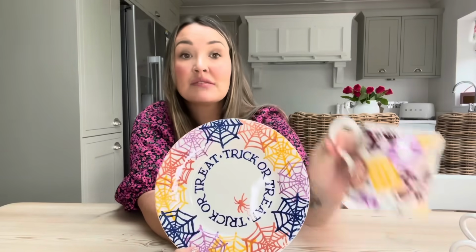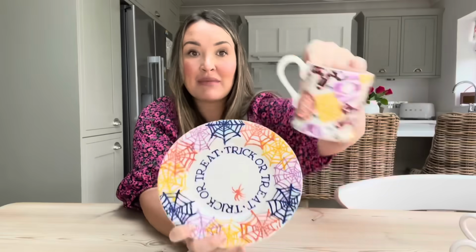And they did have the smaller plates in this design. But like I say, I've got the plates for that. I don't actually have the cup to match this, but I think you can mix and match all of these and they look really cute. I always mix and match all of my different plates and stuff as well. Like I don't buy 4 plates from the same collection. I'll buy 1 plate from each collection and just have like a random mix match,